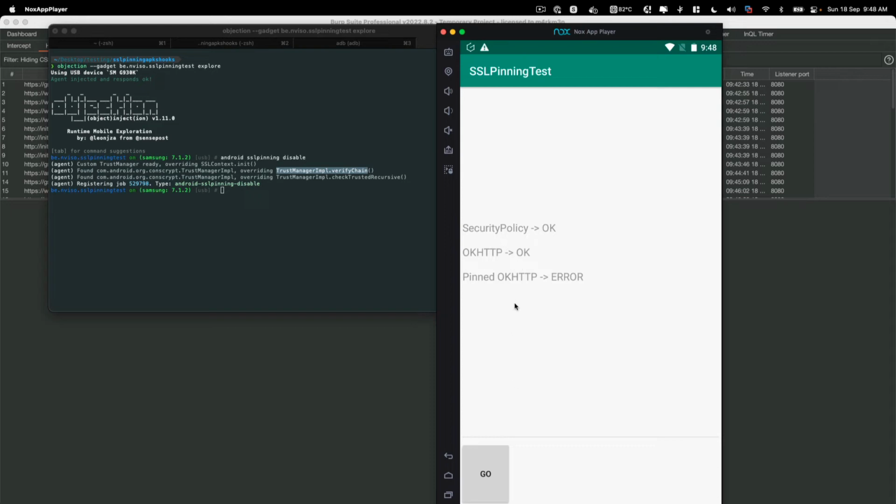As you can see over here, that it has detected and bypassed those checks, but the OKHttp 3 SSL pinning is still giving us error. Just click on go just once again, and as you can see over here, the first two were bypassed, but the third one is showing an error. So how we